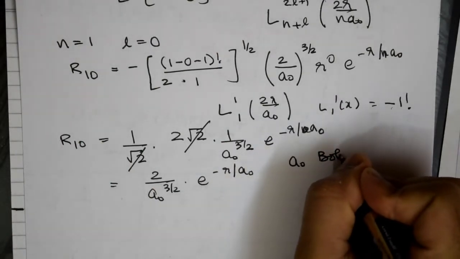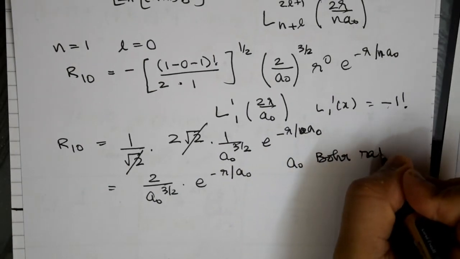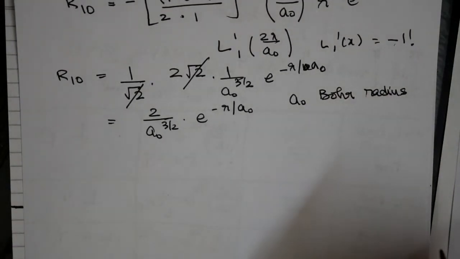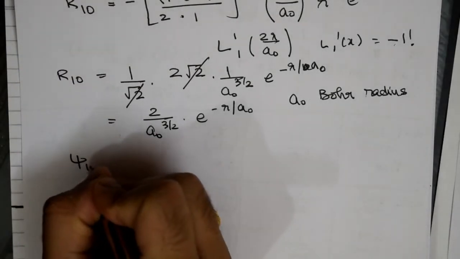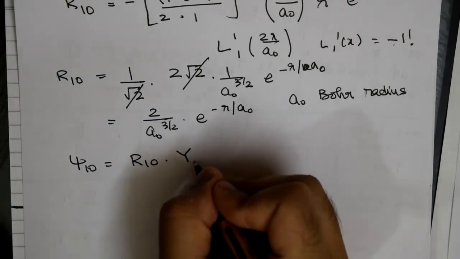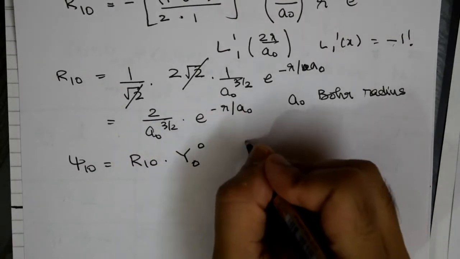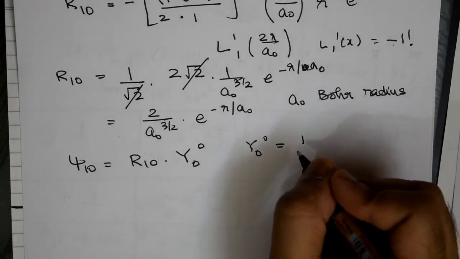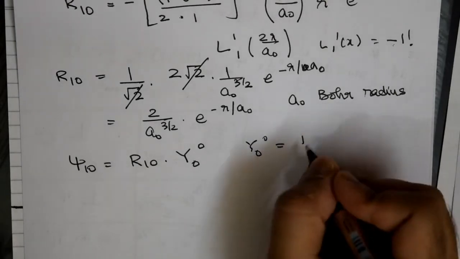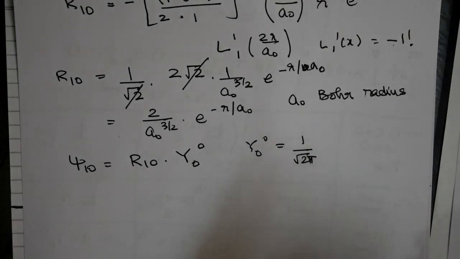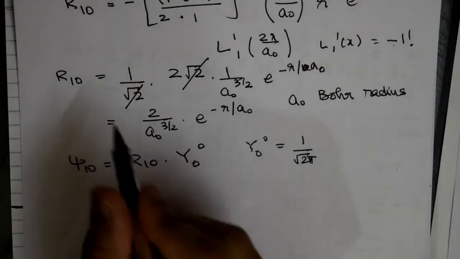the Bohr radius that we had encountered in transitioning from the classical part to the quantum mechanical aspect of it. Therefore psi_10 is going to be given by R_10 times Y, so the L value is 0, so that was Y_00, and you might remember Y_00 just contributes 1 over square root of 4 pi. You only have this kind of a contribution that ends up coming. So the entire psi is largely dependent upon R_10.